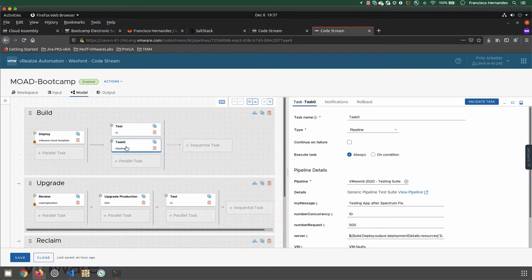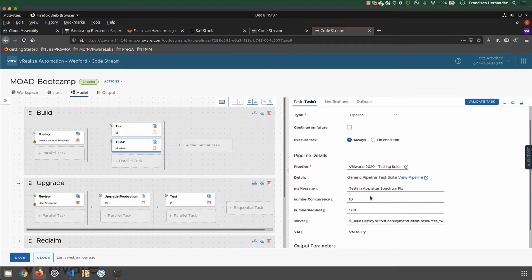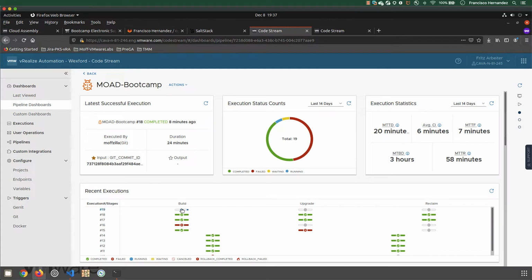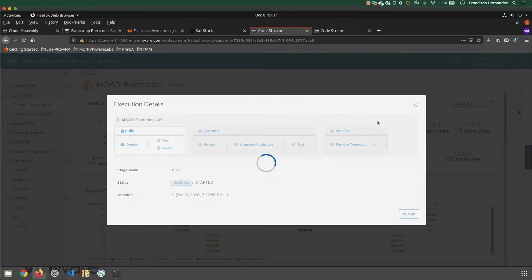So I'm going to define my specific testing for this application, and then I'm going to reuse our standard testing suite, which is actually available as another pipeline. So you can see here, I'm defining just another task. The type is pipeline, and then I'm just indicating which one it is and whatever parameters it needs in order to run. The real cool part about it is that it's going to take information from this master pipeline and I can pass it all the way down to this child pipeline that is going to be doing the testing for me. So going a little bit back to the dashboard, we can tell that the deployment is completed